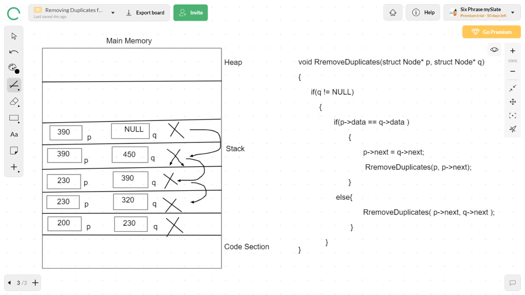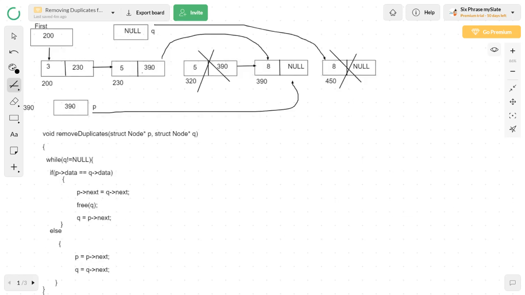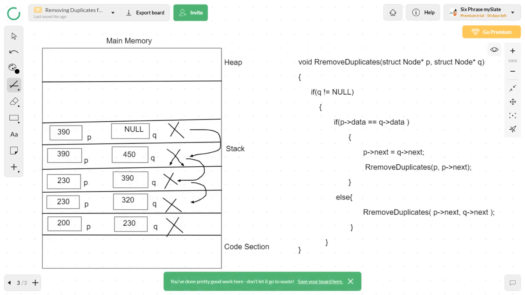Fine. Now if you go and look at your linked list, all the duplicate elements are completely removed. So now you can take the address of the first node and keep on printing the linked list. Automatically you will not have any duplicate elements hereafter. Right? So yes, the recursive approach also we have done here.